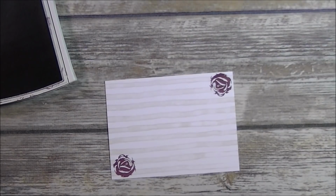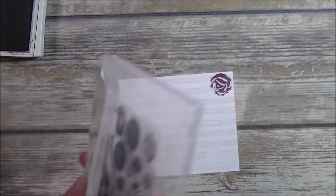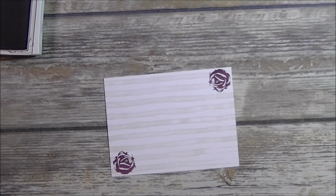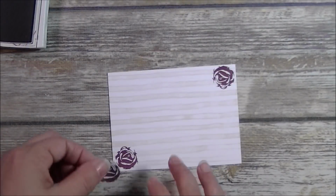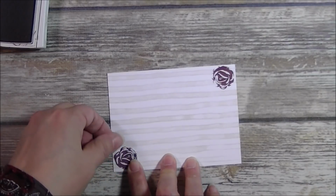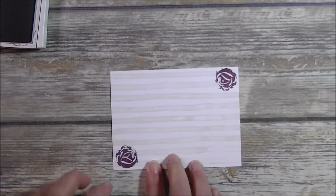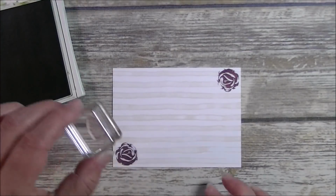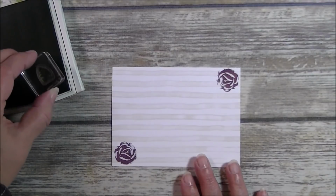The next thing that I want to do is grab the leaf, and we're going to stamp that in the Old Olive. I'm going to go ahead and grab my little mask that we created. Go ahead and peel that right off. So then what we do is just line that up with the image that we just stamped, and we're going to cover that up. So with my Old Olive and my leaf stamp, I'm going to go ahead and ink that up,